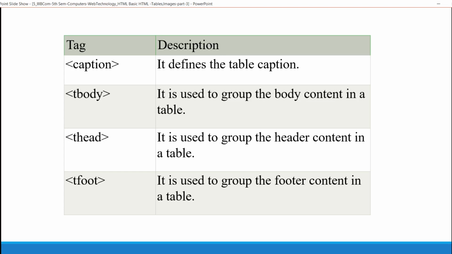For example, if you consider a page, the top of the page is known as head, the bottom of the page is known as foot. Similarly, if I take a table, if I want to display the content on the top of the table, then we use thead tag. If I want to display the data cell on the bottom of the table, then I use tfoot.